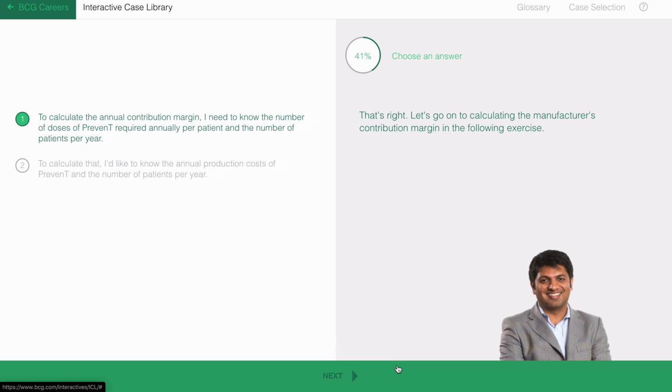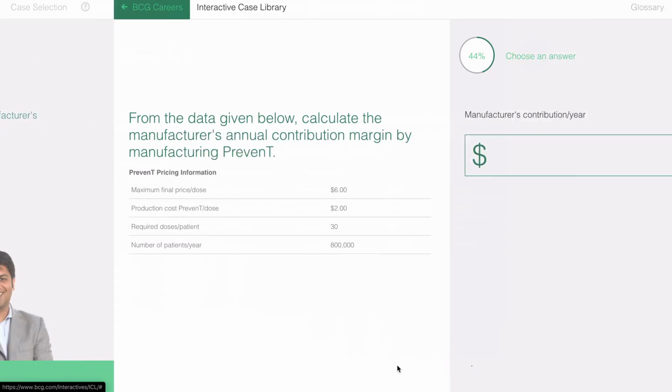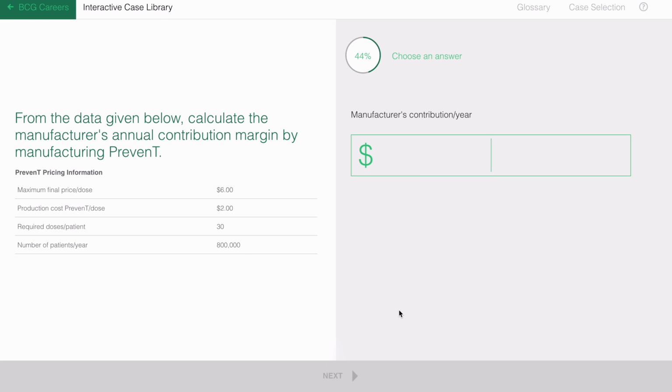That's right. Let's go on to calculating the manufacturer's contribution margin in the following exercise. From the data given below, calculate the manufacturer's annual contribution margin by manufacturing Prevent-T. So our maximum final price per dose is $6, production cost $2, 30 doses per patient, and 800,000 patients per